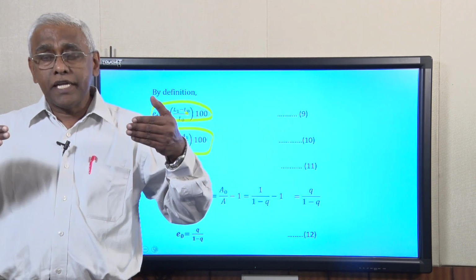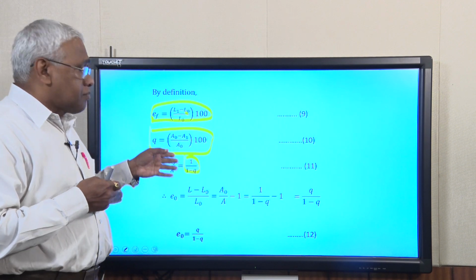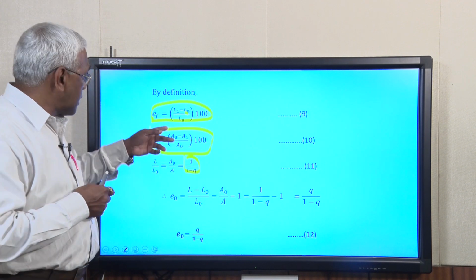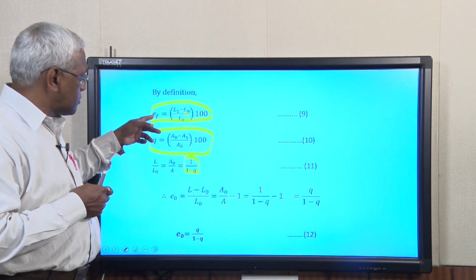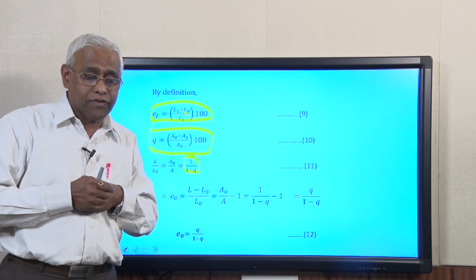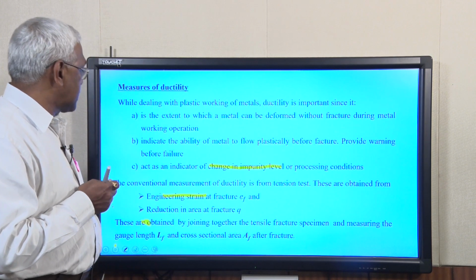Okay. So, in any case you are going to join together and measure it. But the in-between value you may find very difficult to get for this, whereas the actual value you may get for change in length. Reduction in area measurement during the test is very difficult. So, both have advantages as well as disadvantages.